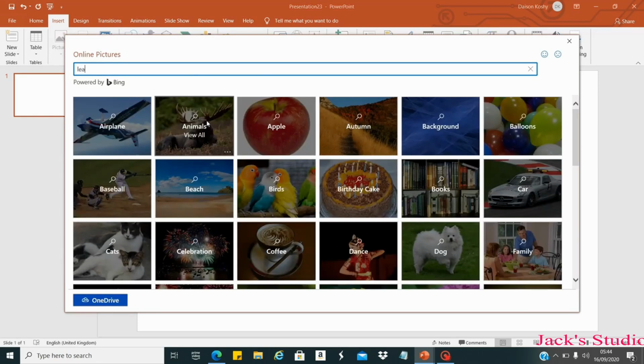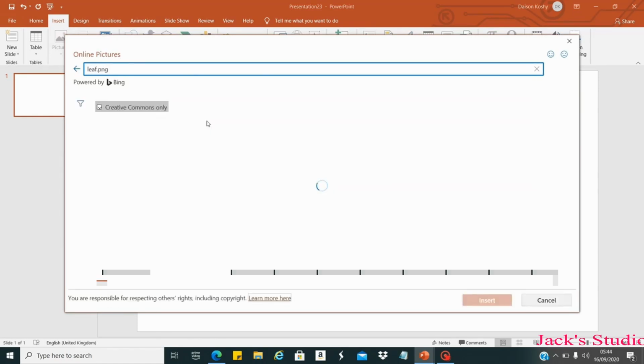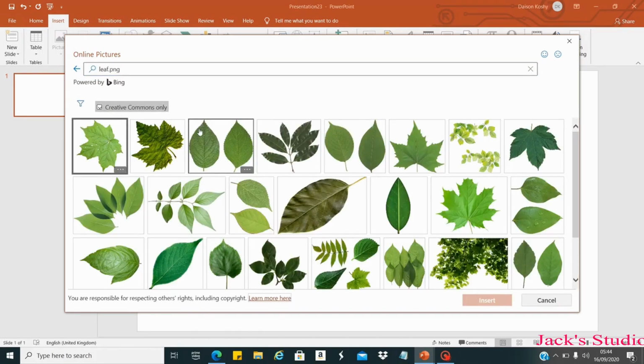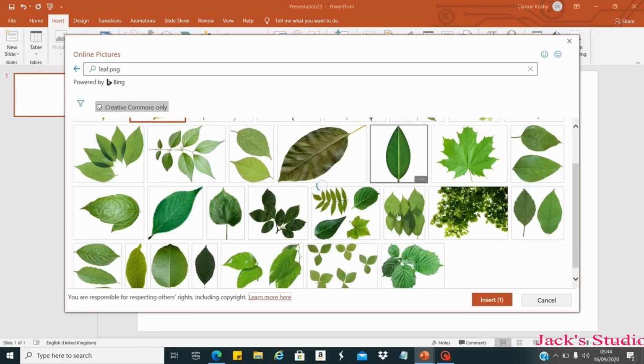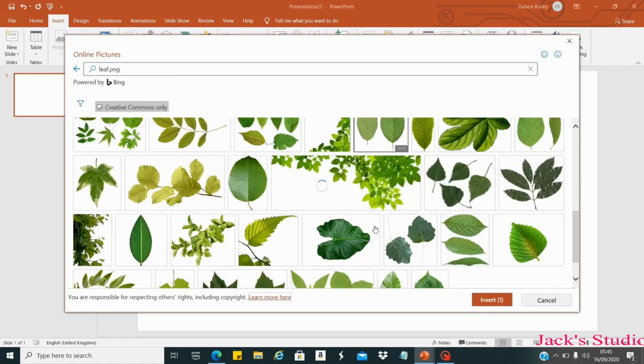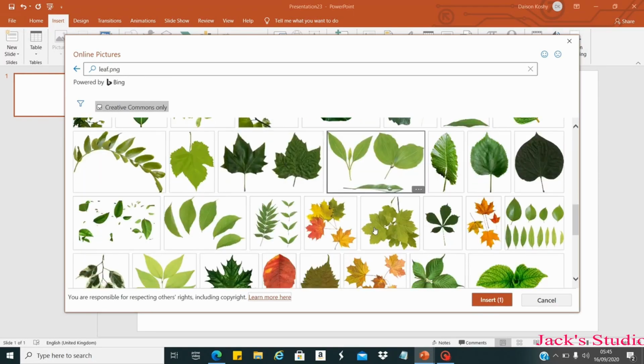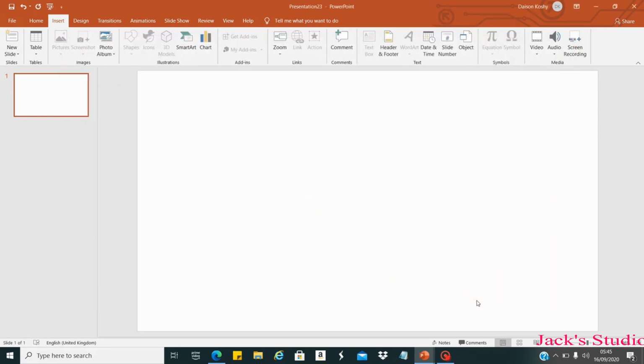We will type leaf.png and click enter. We will select some images. We select two images and click insert. PowerPoint will download those images.